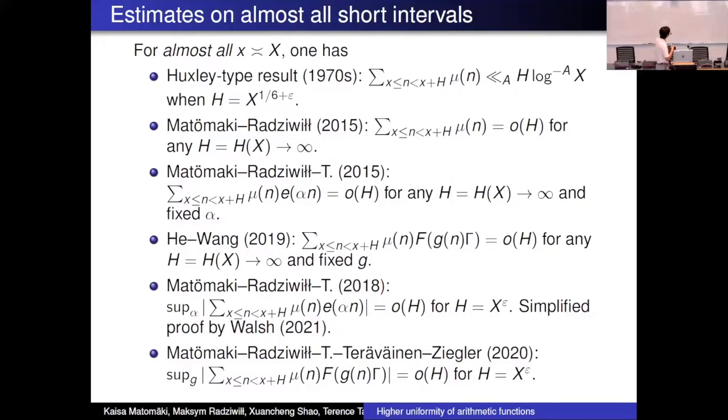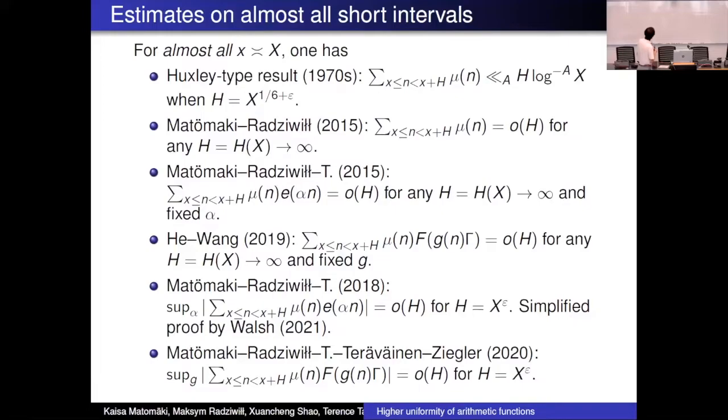So that's a really useful result. Very shortly afterwards, I worked with Matomäki and Radziwiłł to generalize it a little bit. You can twist the Mobius function by a linear phase, and you get a very similar theorem. But the catch was it was not uniform. For each fixed alpha, we got a similar estimate for almost all intervals, but the definition of almost all depends on alpha. So we did not get a uniform estimate in alpha, which was frustrating because that would have many more applications. But that's what we could do by generalizing the method.